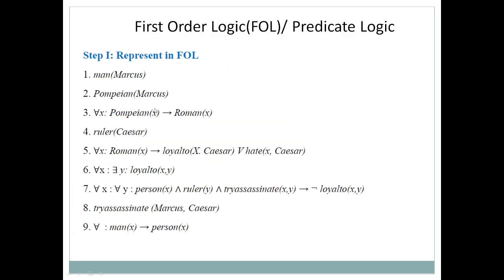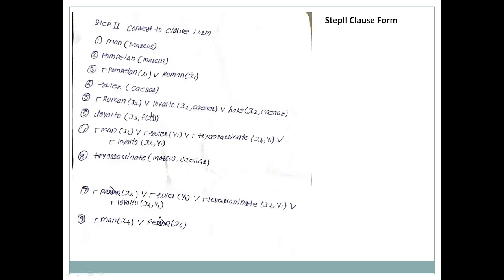Otherwise you may ask, sir, why have we not used x5? In order to make the cancellation, here we have made use of x4. So this person will get cancelled with this person and this man term is replaced over here. That's why there are a total of 8 statements in the clause form. Though we have a total of 9 statements in the predicate logic, in the clause form we have only 8, because one complete statement gets removed just because of the cancellation. So you also need to look for whether there is any cancellation of terms; positive and negative terms can get cancelled. If it is possible, you have to remove it.